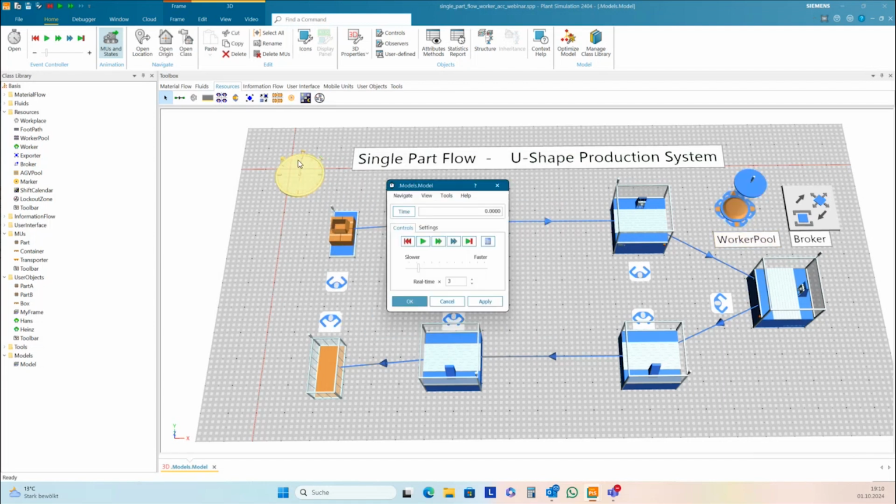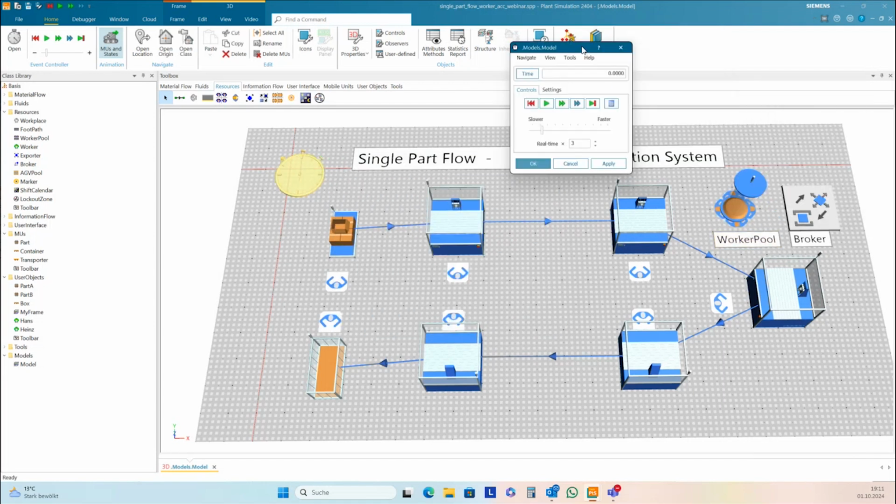And then you can look at the default behavior of Plant Simulation. So now already the parts are mixed.